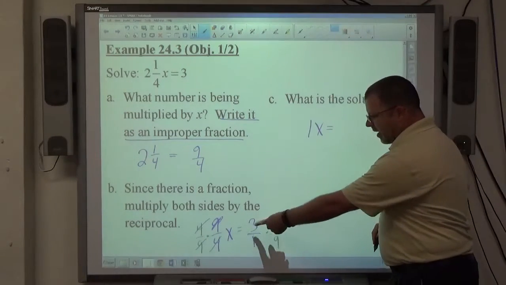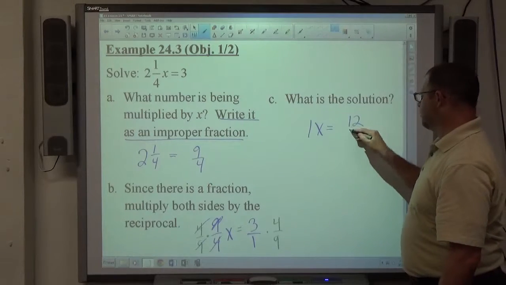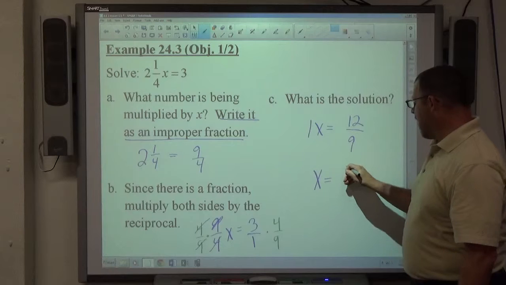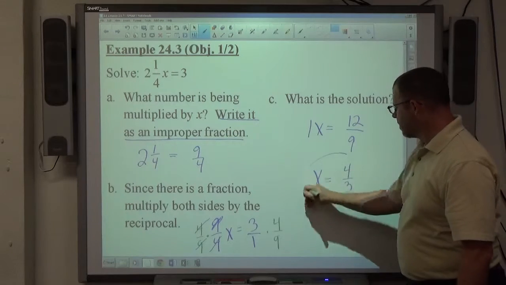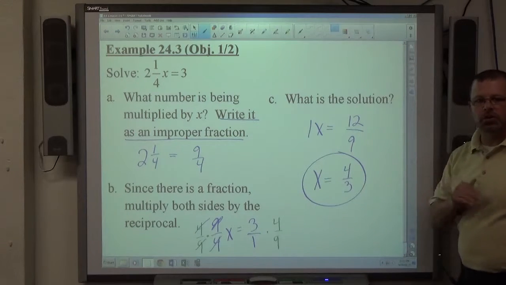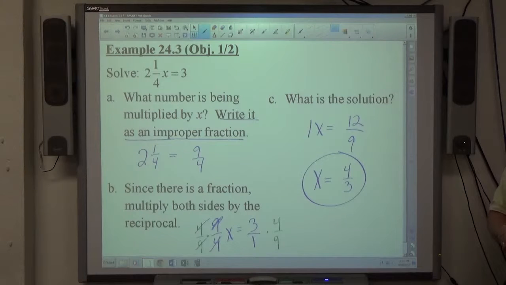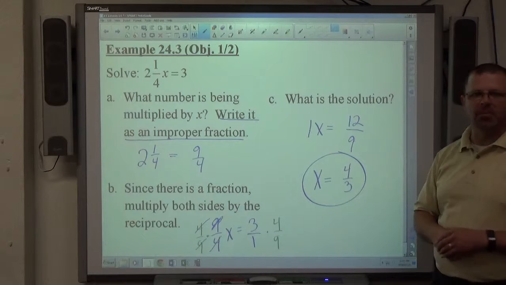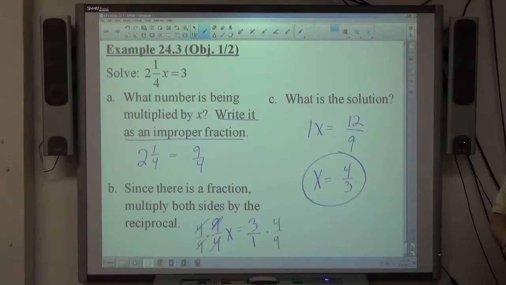Over on the right-hand side, 3 times 4 on top is 12. 1 times 9 on the bottom is 9. So x equals 12/9. That happens to reduce to 4/3. I do want, again, a reduced fraction always. I'm not going to count off at this point for not reducing a fraction, but it's just good practice, good habits. At some point I do get a little bit more picky about reducing fractions, so create the habit now,